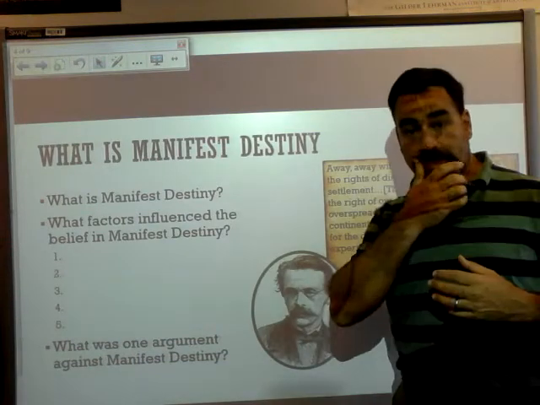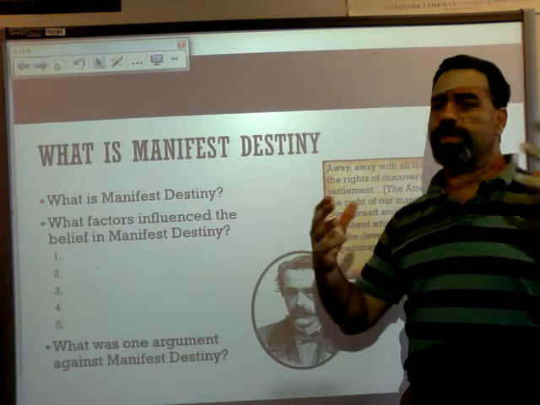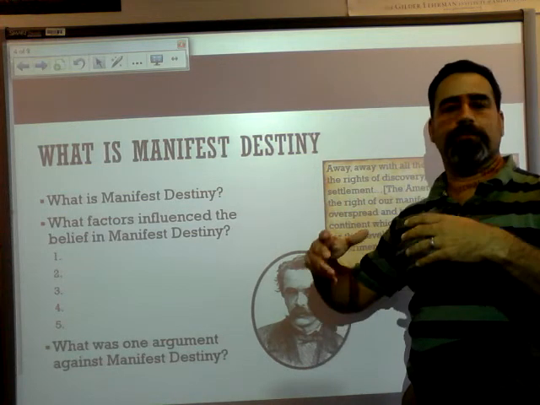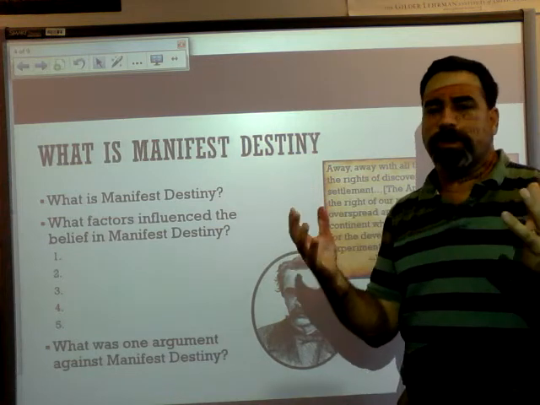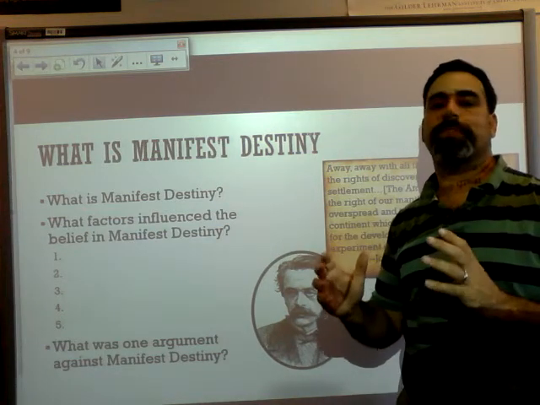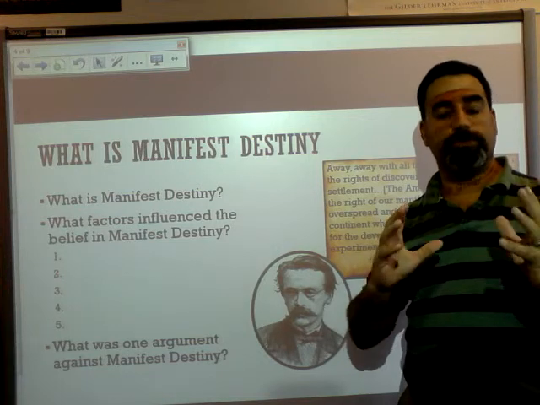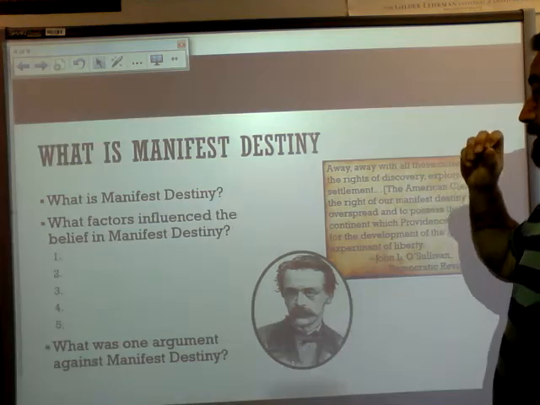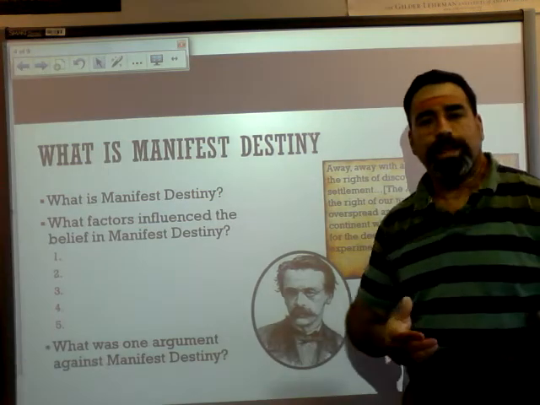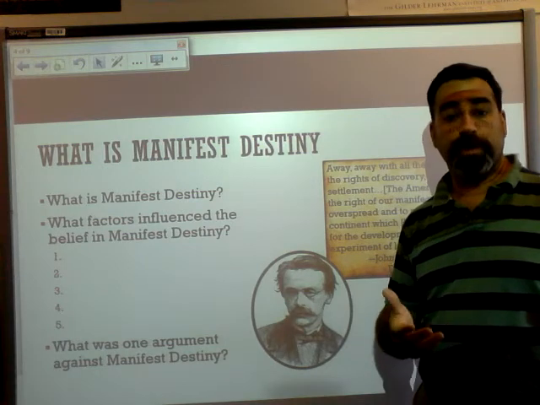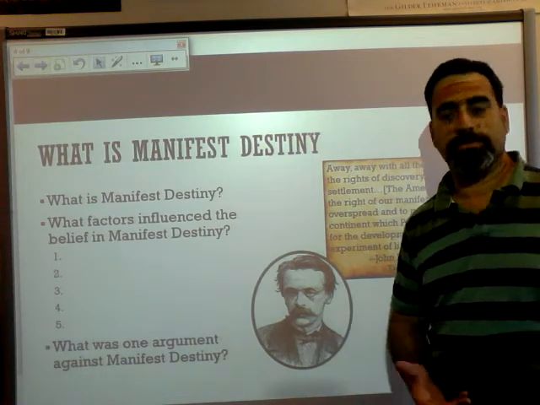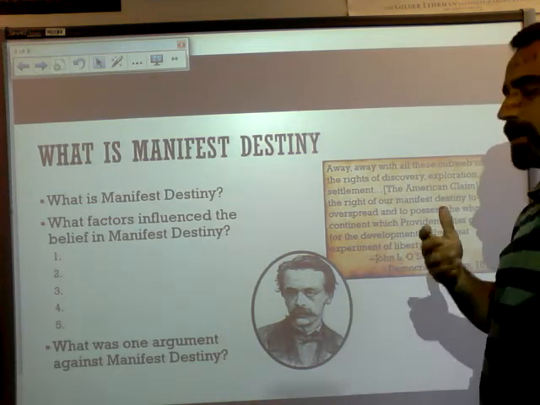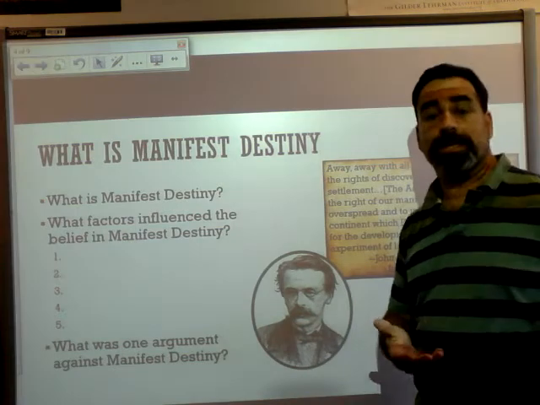Now this is, of course, since we've acquired all of this land relatively quickly, and there's a demographic shift of Americans moving westward. It was during the early 19th century that the center of the American population is going to cross the Appalachian Mountains for the first time and find itself in the Ohio Valley. And this is going to bring about a concept that Americans feel that they pretty much have a destiny to move themselves west. This idea that ultimately all of this territory is going to belong to the United States by